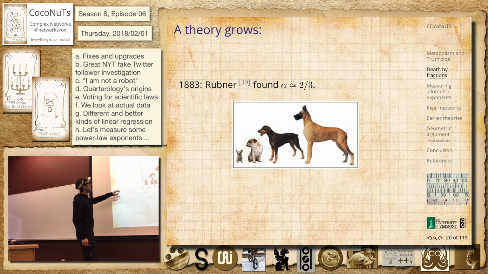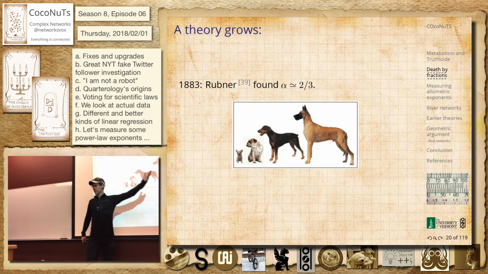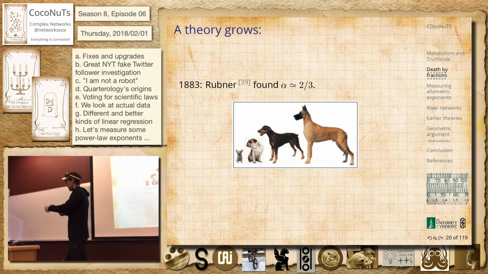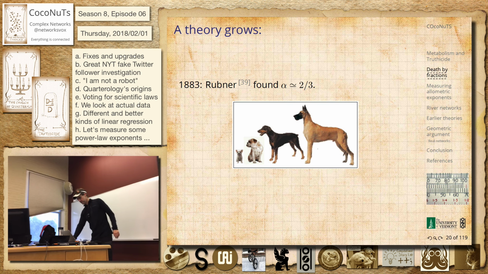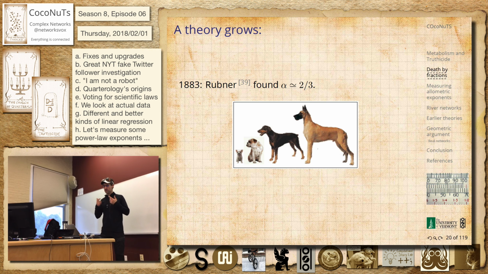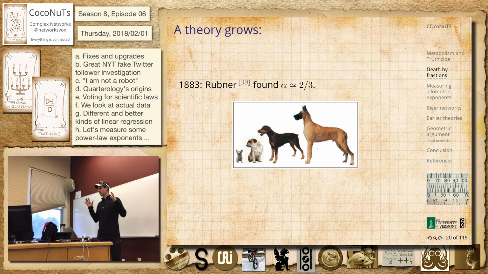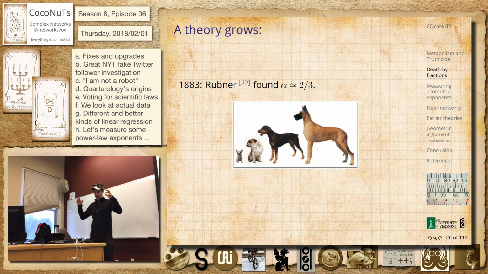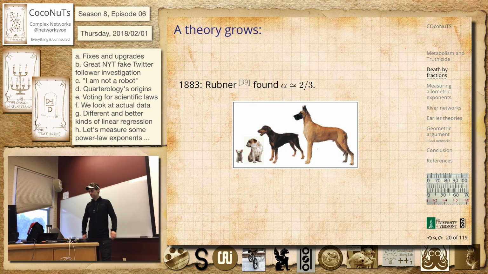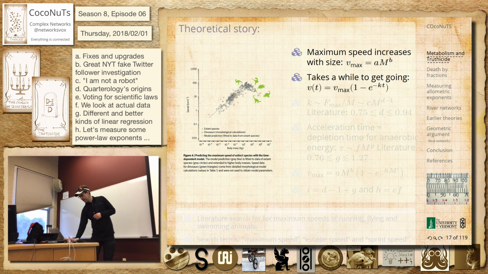All right, so 1883, we have, this is actually a formal paper. It's a German scientist, Rubner, who experimented with dogs, and this is not, no one's doing anything terrible. It's just sort of looking to see how much oxygen they use and so on, right? So various kind of tests like that. And this is all, again, at resting. So if you've got this organism resting, how much does it use to run at that base rate?